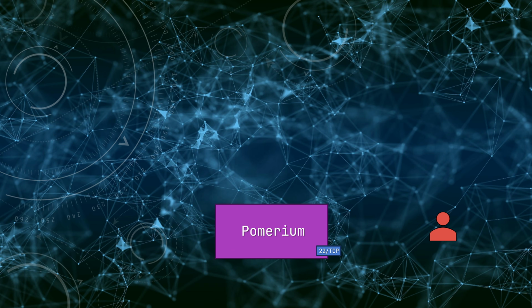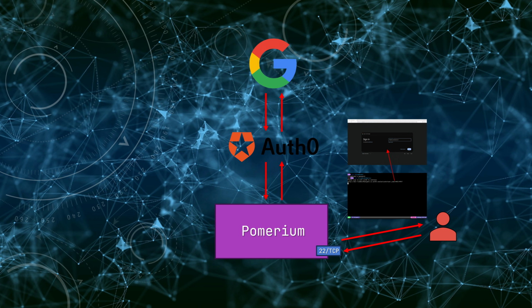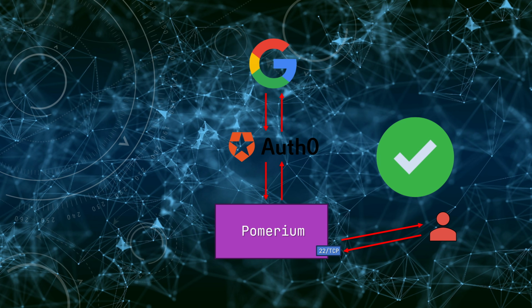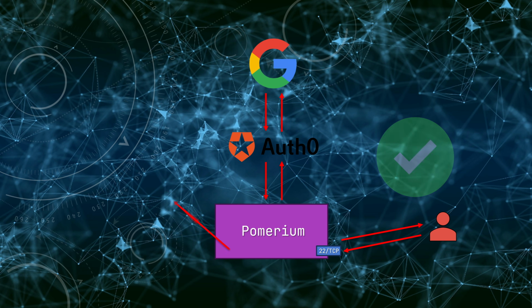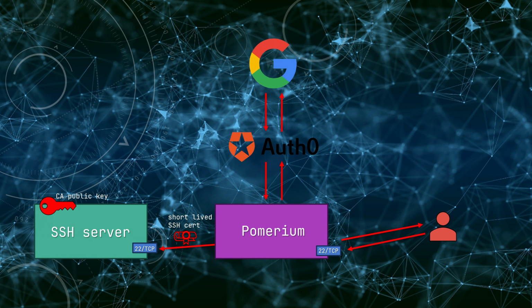So let's see the full Pomerium connection flow. Here's what happens when you, the client, try to connect to Pomerium listening on port 22. First, Pomerium cleverly prompts you to log in via your configured identity provider. Assuming the authentication succeeds and you pass all the policy checks Pomerium has configured, Pomerium then uses its own CA key to sign a fresh, short-lived SSH certificate specifically for you right then and there. Then, Pomerium turns around and uses that certificate you just created to authenticate to the actual target server on your